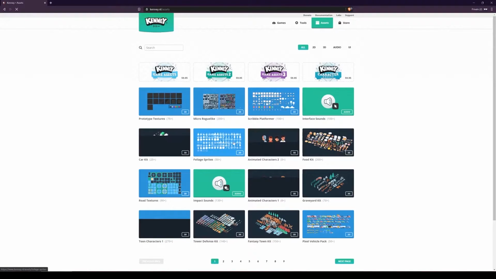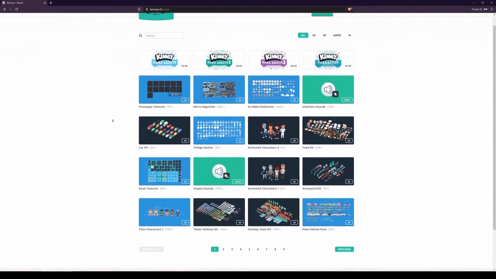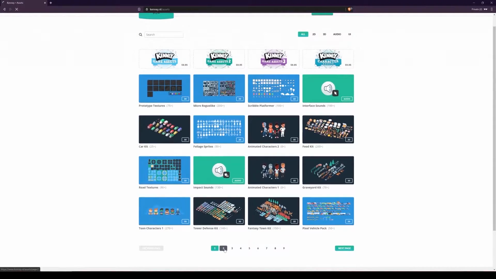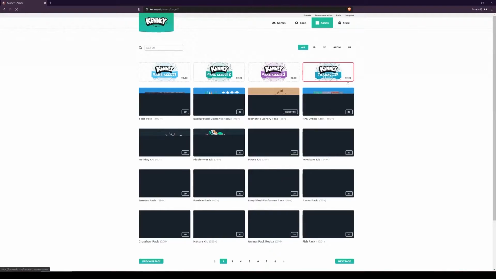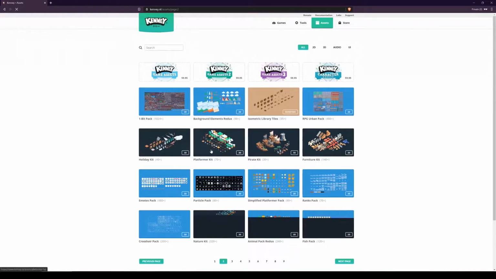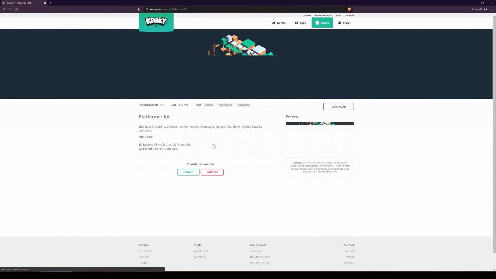And in this example, we're going to be using his 3D platformer kit here. And he has a whole bunch of others. There's a lot you can do, and almost all of these are free. But let's just click on platformer kit here,